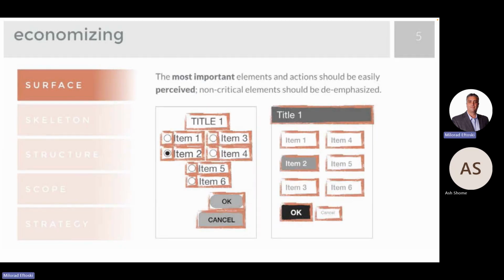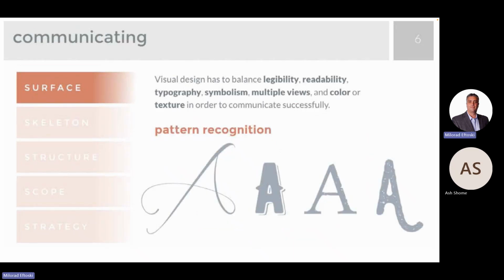The most important elements in action should be easily perceived. Non-critical elements should be de-emphasized. Okay, and you can see how even back in the day, the forms were done like this. The more modern way is the one on the right. I still see some old stuff that's done the way the checkboxes were 20 years ago. And another visual design has to balance legibility, readability, typography, symbolism, multiple views and colors or texture in order to